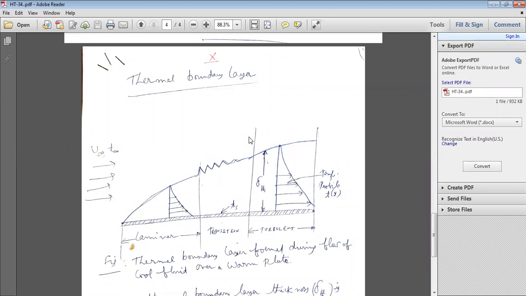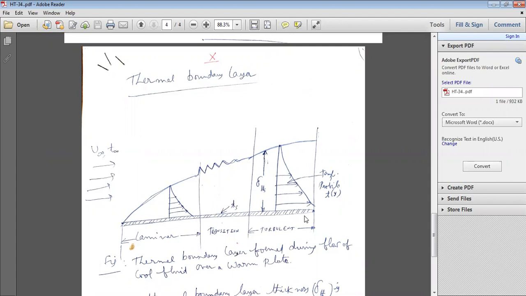Now, whenever there is temperature, T free stream, along with the velocity of flow, there is a hydrodynamic boundary layer. T free stream is the temperature of the fluid. Capital T is for temperature only, the temperature of the fluid. Whenever fluid flows on a flat plate with a velocity as well as a fluid temperature, Ts is the surface temperature of the plate.